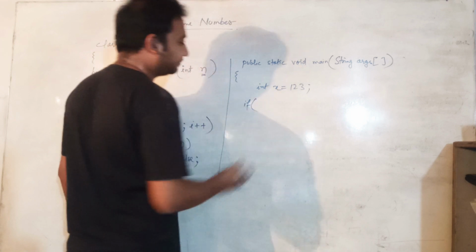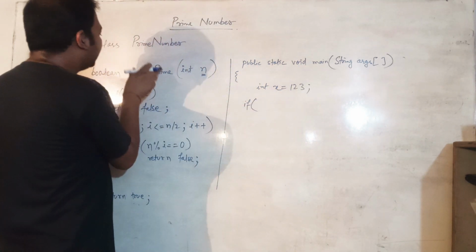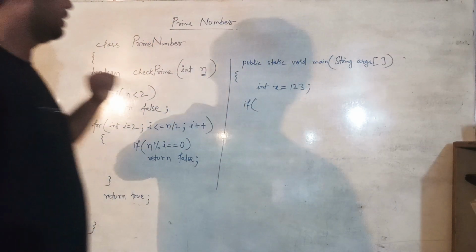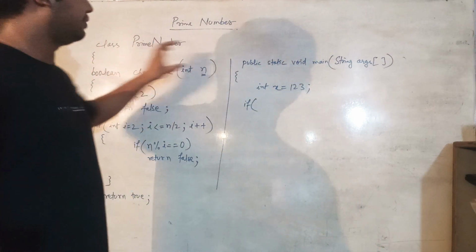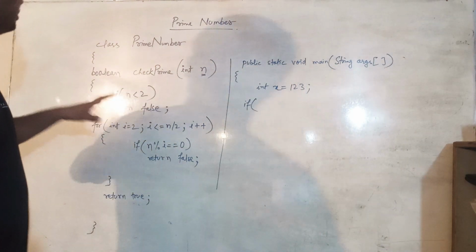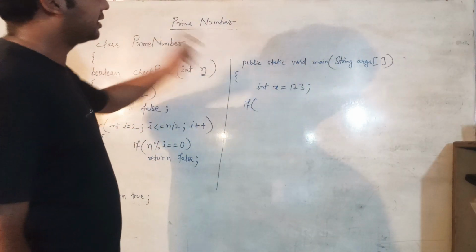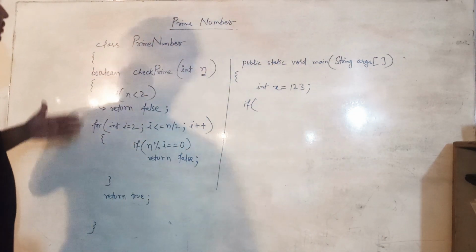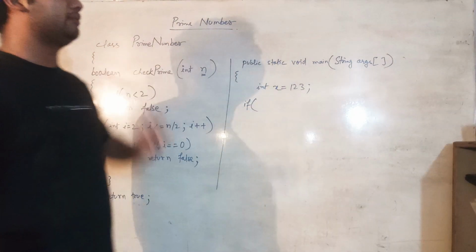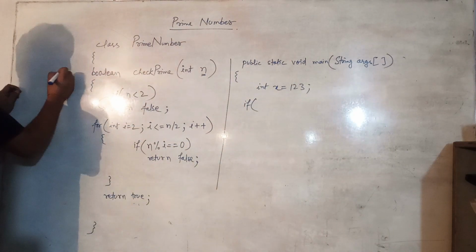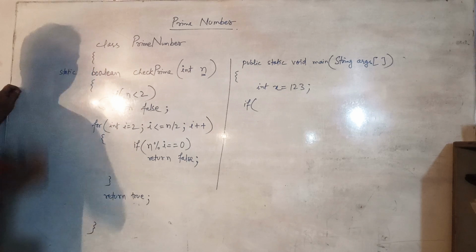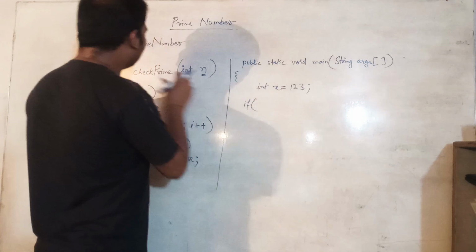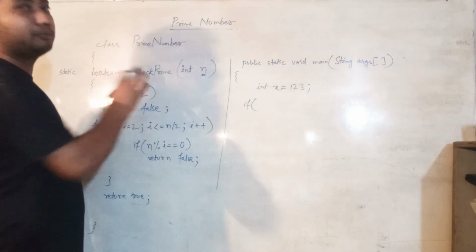If we call this function, before calling it we must be able to use it, and for that either both functions should be static type, or we should make the object of this class in this function in order to use this function. Because one is non-static and the other is static, I'm making this function static. It is very easy, just write a static keyword before it, and now we can call this function easily without making an object of this class.